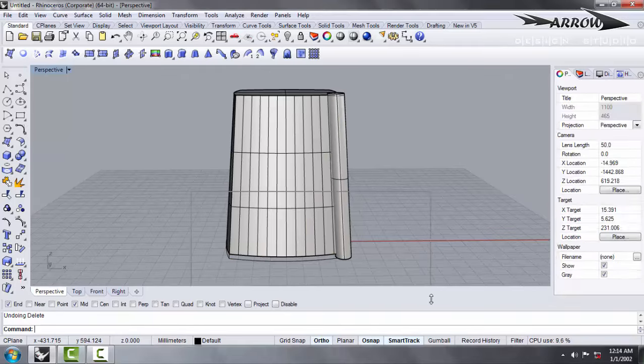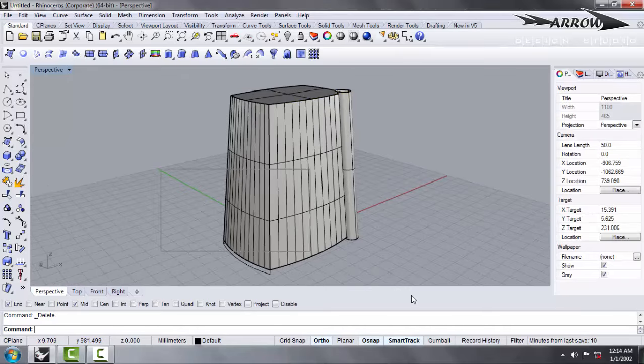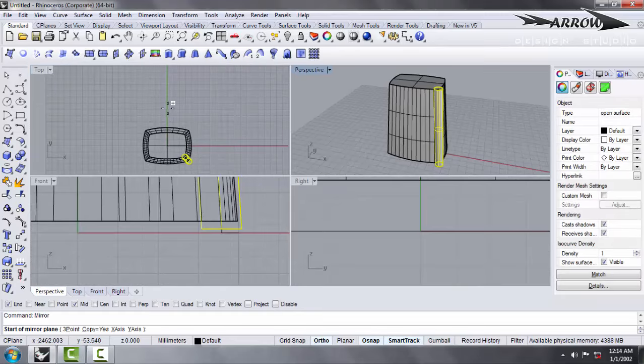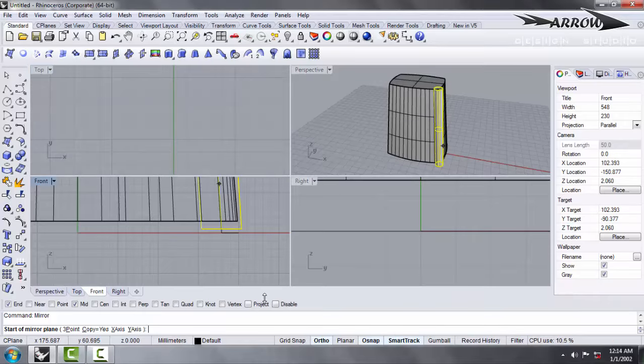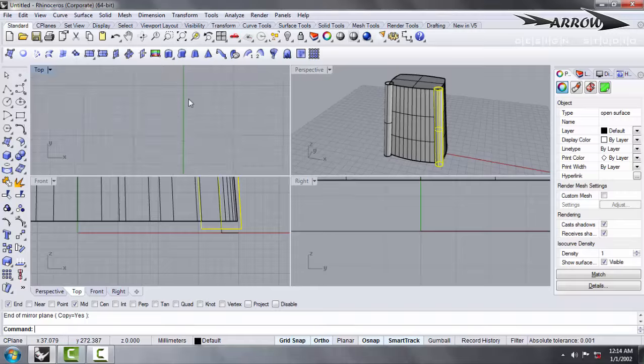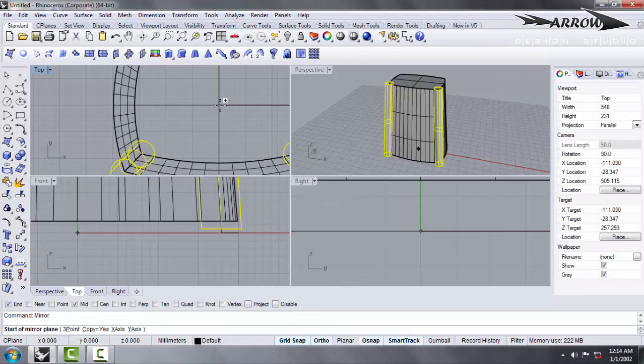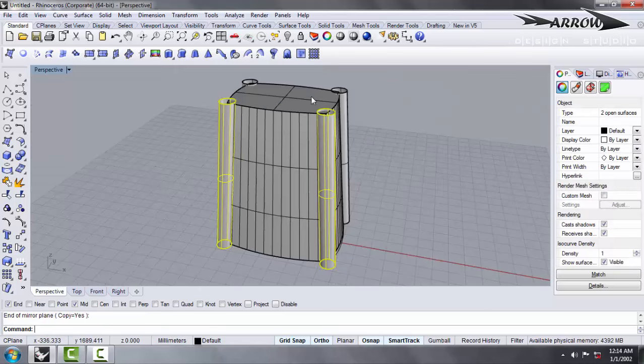So what I have right now is the curves over here. I can delete these curves right now, I don't need them anymore. Okay, I also wish to delete this one, this total thing. I'll say mirror to this and I'll get everything mirrored over here. Grid snap. Okay, I'll say okay, again I'll select this and I'll say mirror